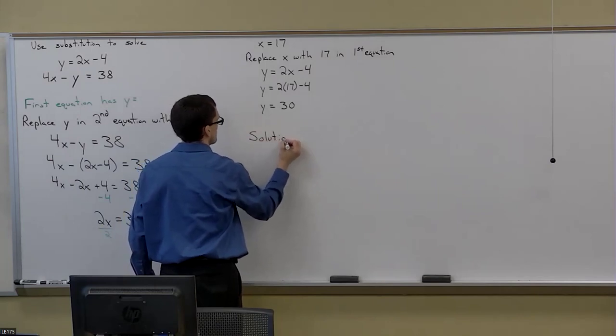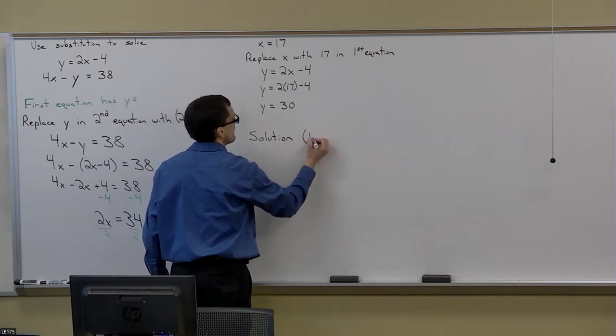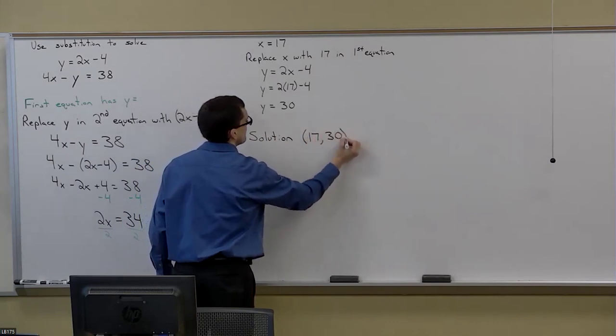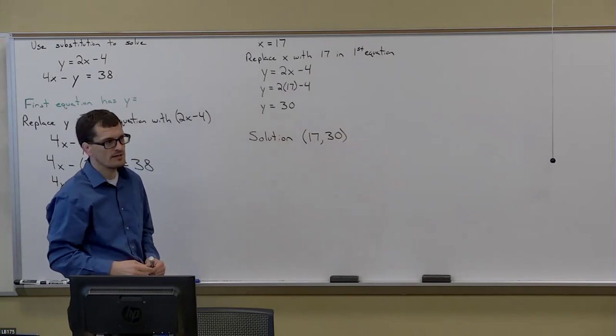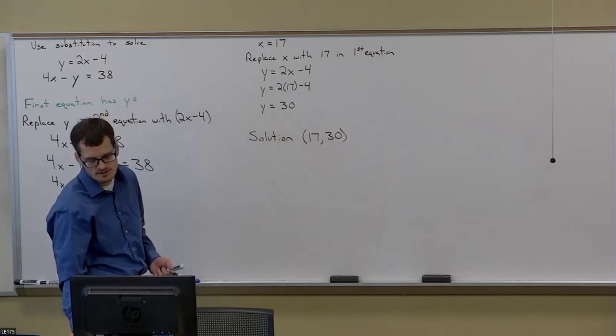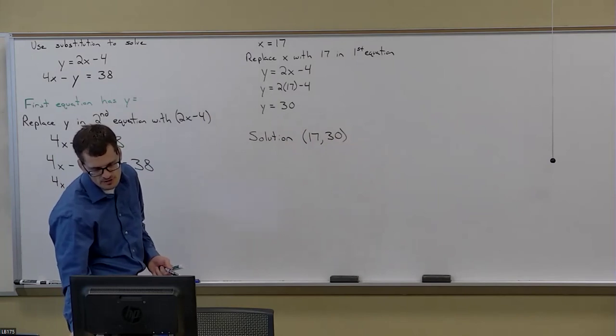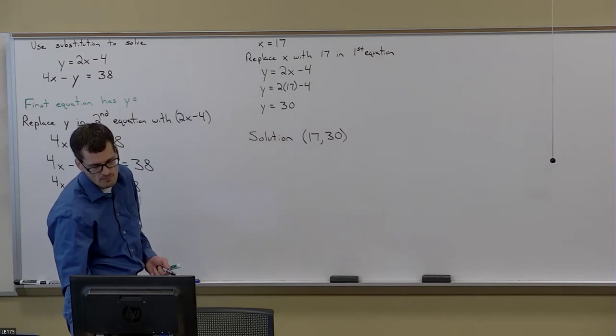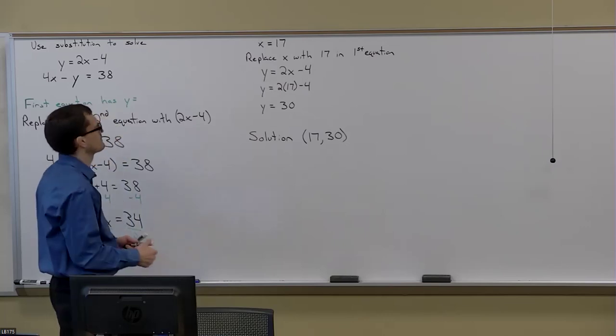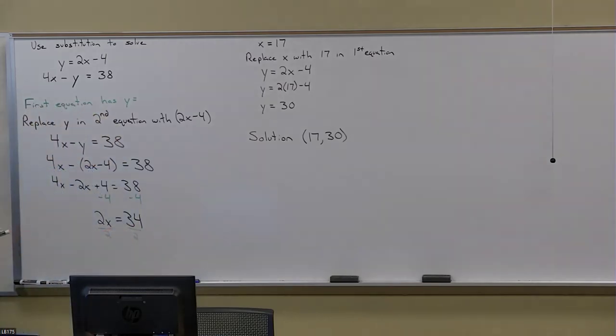My solution is the point 17, 30. x is 17, y is 30. And it's an ordered pair because it had two variables. Right. So that's substitution. Substitution works really well when we have one equation which is already y equals something, or